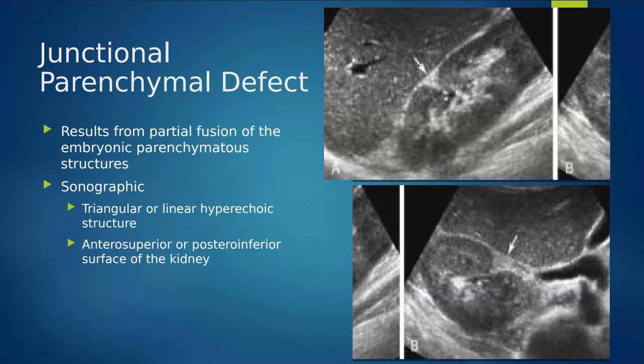As that's happening, the kidneys are super, super lobulated. They kind of look like a Nerd, right? That Nerd candy where there's all just lumps and bumps. They're not nice and smooth. And as we mature and as we get older, our kidneys start to smooth out. So when we have that normal fusion of those lumps and bumps in that embryologic kidney, that's what we want to see. We want to see that nice smooth border of our kidney because all of those lobules have fused